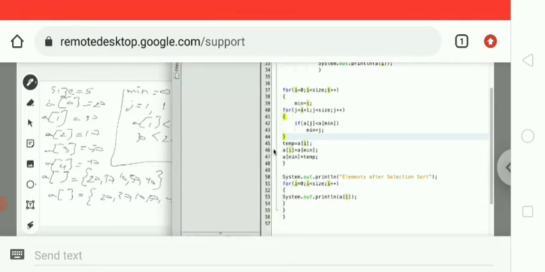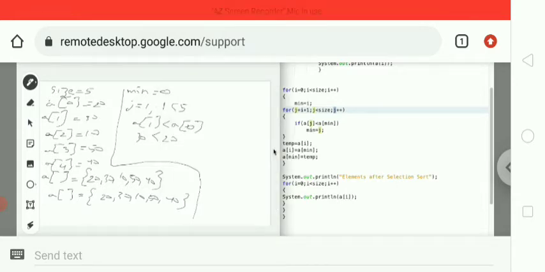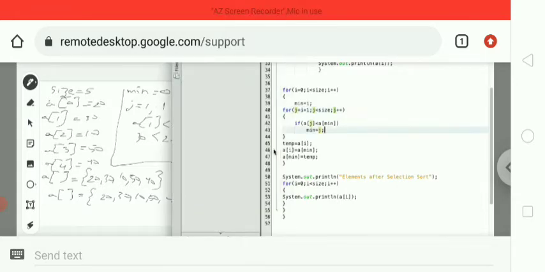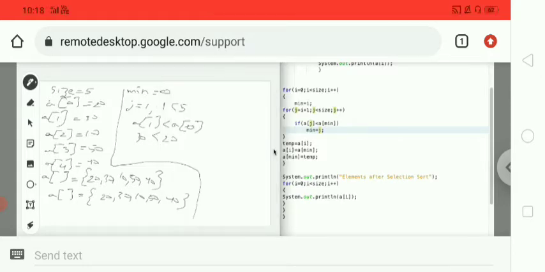If the condition is not satisfied, again it goes to the for loop. So j plus plus, and j becomes 2 because j was 1. 2 less than 5, the condition is true. So a of j, that is a of 2, less than a of min, where min is 0. a of 2 is 10 and a of 0 is 20.